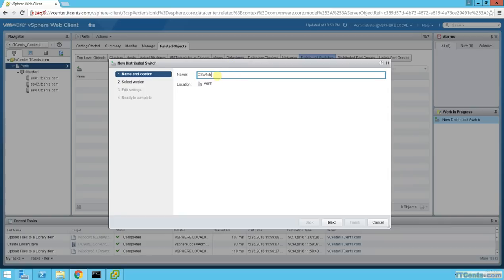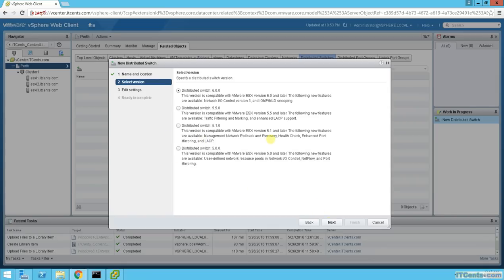I will call it dvSwitch1. This is my dvSwitch1 for location birth. Next, which version I would like. Version 5, 5.1, 5.5, 6. I don't have any older hosts, so I will definitely go for the latest version, which